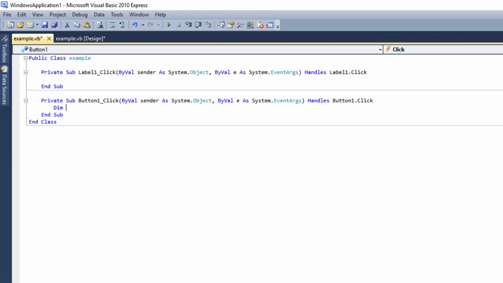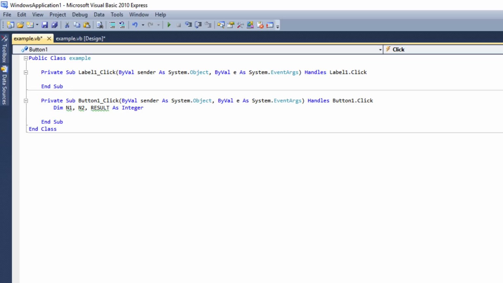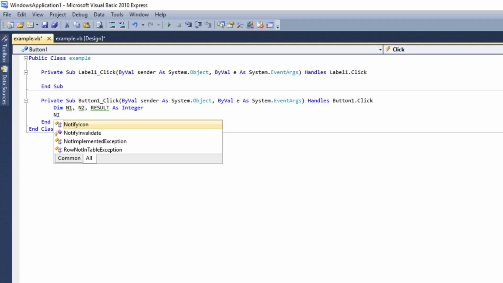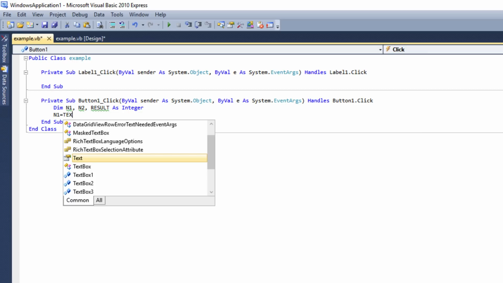There are three things I need to get. One is the first number, second is the second number, and third is the result. So that means three variables I need. So I'm naming them as n1, comma n2, comma result as integer. Why integer? Because right now I'm taking the whole numbers. So from where can you get the value of n1? The value that comes in n1, it will be from the